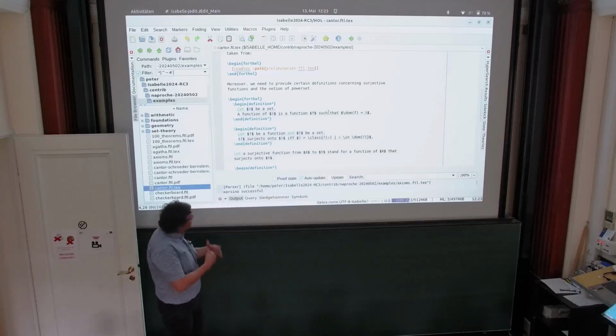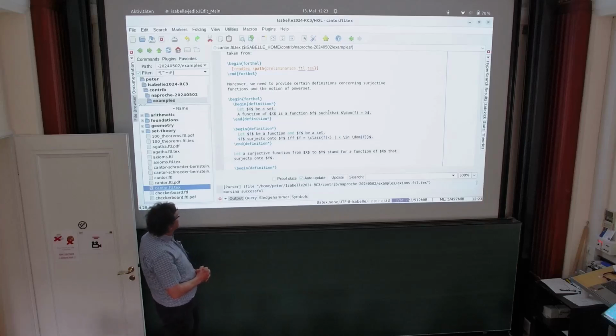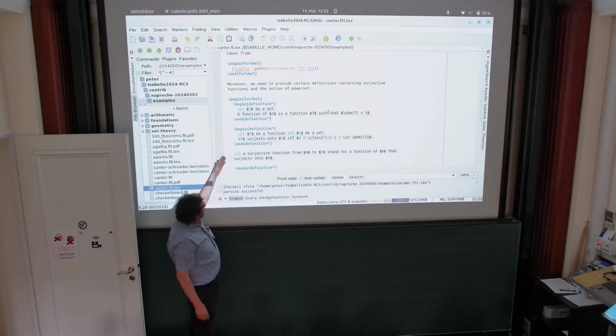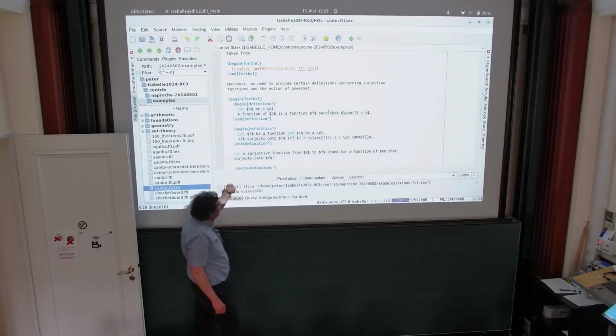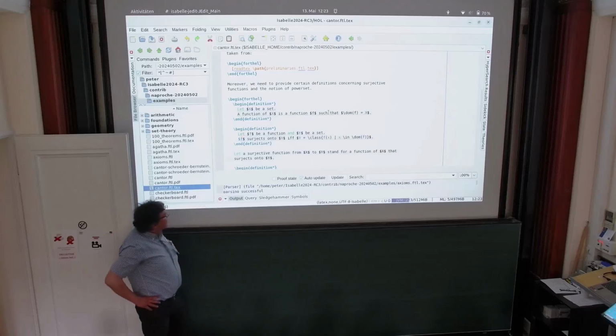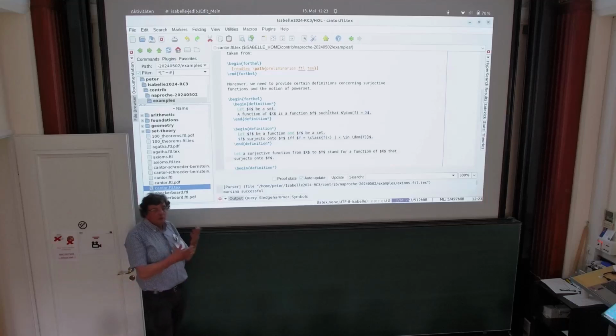And then we are talking about surjections in connection with Cantor's theorem, etc. So we can, in rather mathematical ways, define new notions on the fly. So this is the natural language power of the system here.